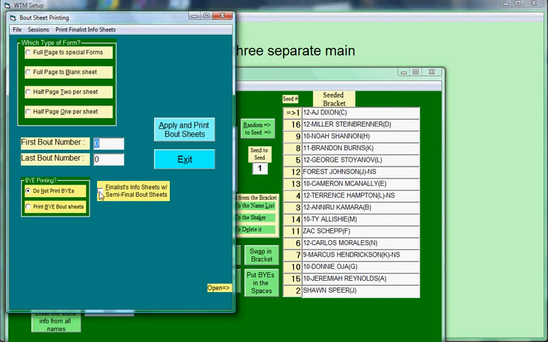You can also add info sheets for the semifinalist bouts. So when the semifinal, you're going to print the bout sheets for the semifinalists, click this, but only if you're going to do these, because if it's special forms, you don't want to print that mess on top